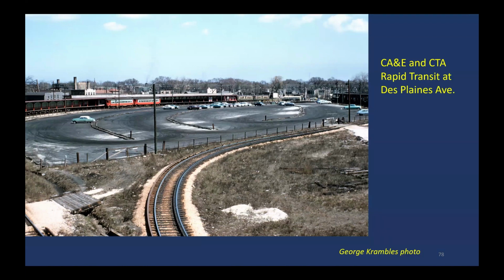So the CA&E operated into downtown Chicago until 1953, when the Congress Expressway was being built. The Garfield L, the former Metropolitan, was right in the path of the expressway. It was necessary to move the Garfield Park L out of the way of the expressway onto a ground level operation, and the CA&E was unwilling to operate on the ground level operation. There was a lot of intrigue associated with that. There is one of those Shoreline dispatches that tells that whole story, and I should know because I'm the guy who wrote it. So anyway, it was cut back in 1953 to a loop-in-loop terminal where the CA&E trains would have come around